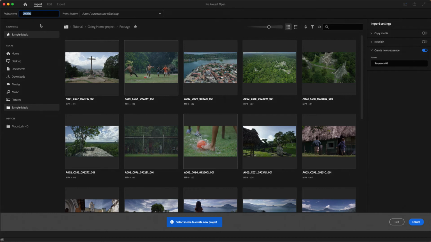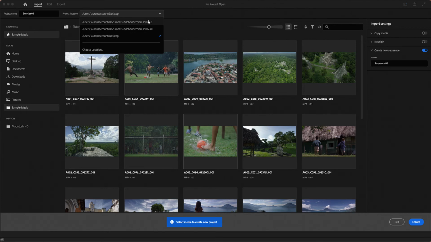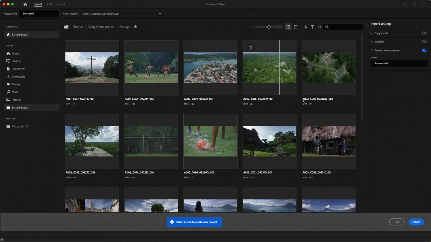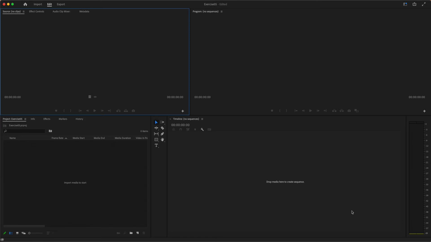When you open up the New Project window, they ask you, hey, what media do you want to launch? What name do you want to make? I'm not going to select any media. I'm just going to go up here to Project Name, and I'm going to name this Exercise 5, because this lip sync was part of the Exercise 5 assignment. Project location is typically going to be where the Premiere Pro files go, but I'm going to set it to my desktop just so that I can easily find this file again. All right, so I'm going to go ahead and click Create,